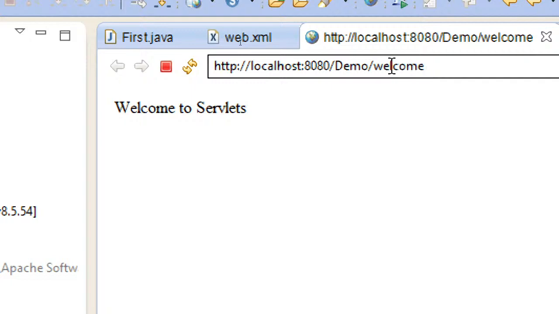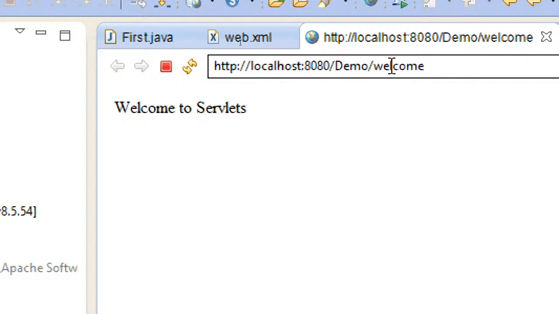Earlier you can see the class name was also shown here. Before giving the URL pattern, the project name and then the class name was shown. If you would like to hide that and provide your own URL, that is possible by performing this configuration in the web.xml.